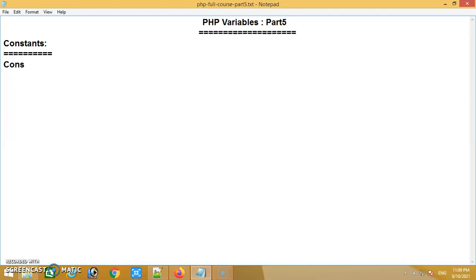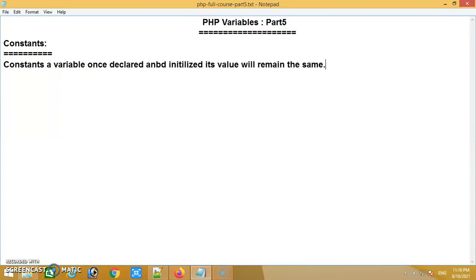I'm writing: a constant is a variable that, once declared and initialized, its value will remain the same for the whole script.